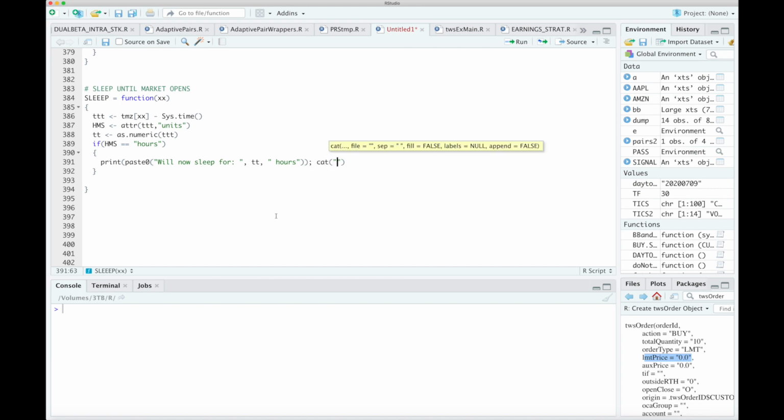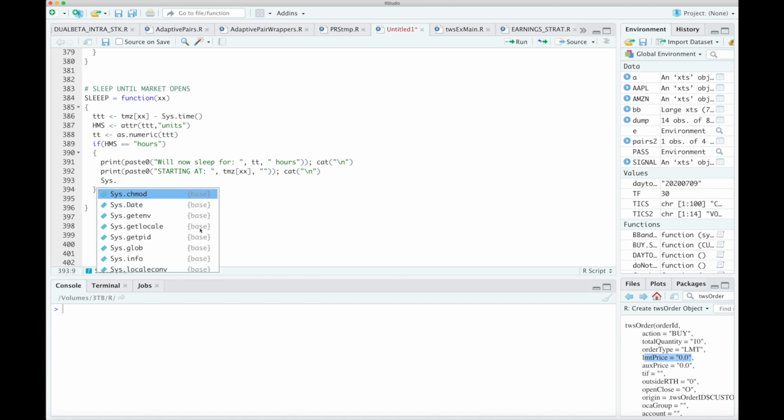We're going to add a new line and then print paste0 "starting at" TMZ for times XX, and then a new line. And then we're going to set the computer to sleep by running Sys.sleep